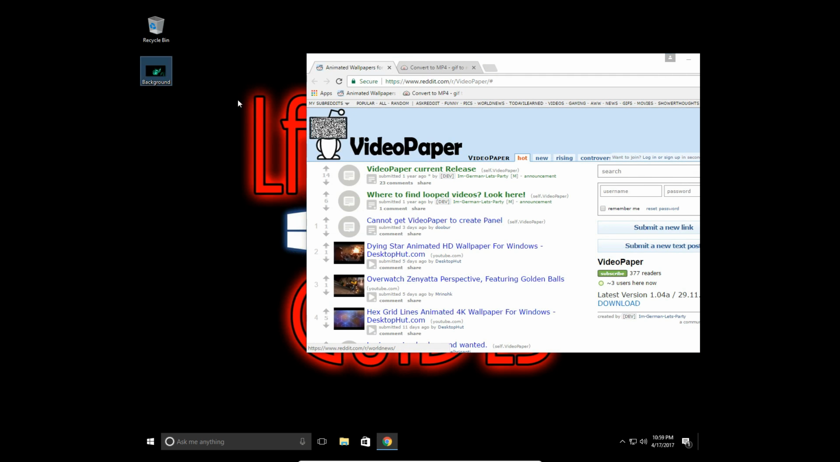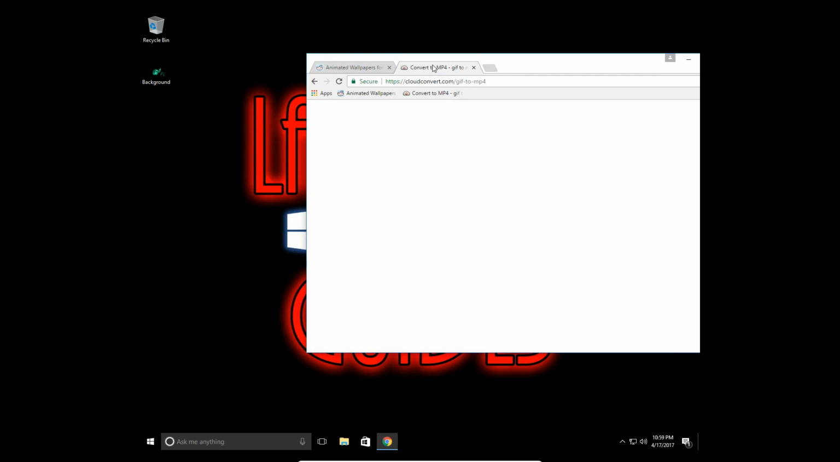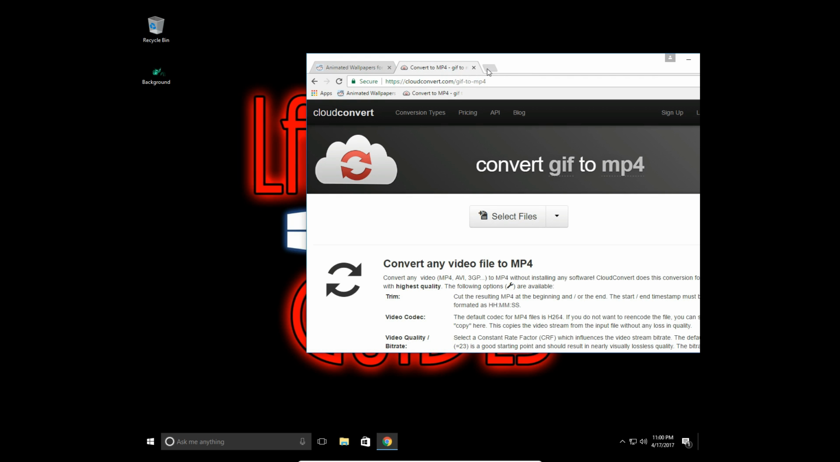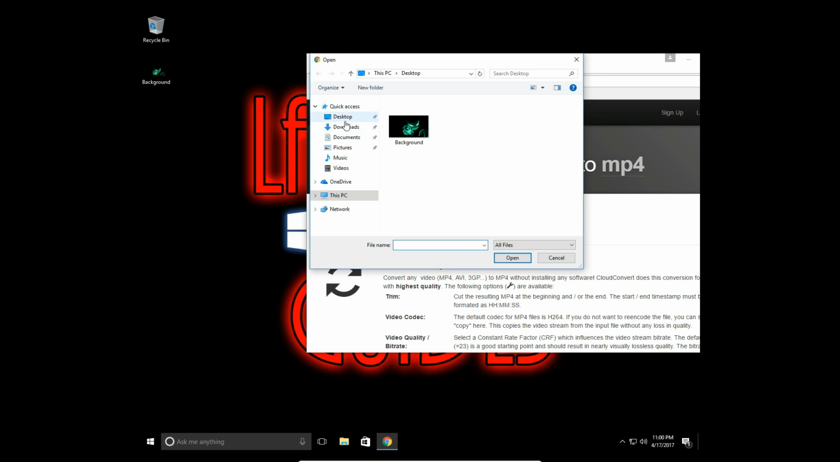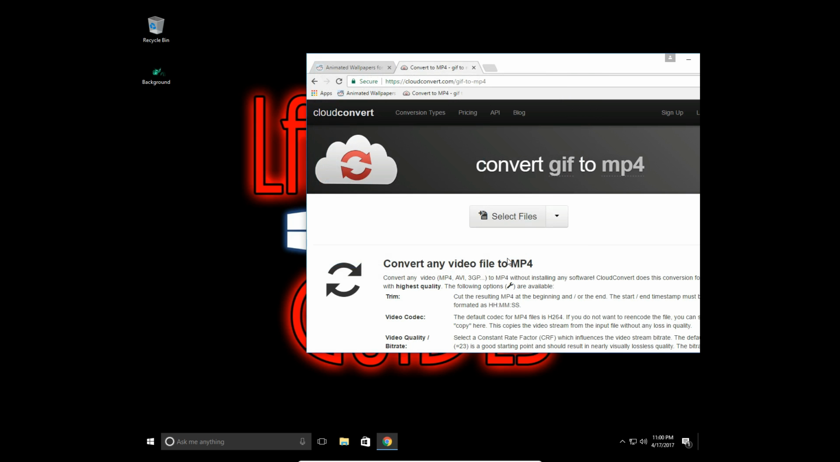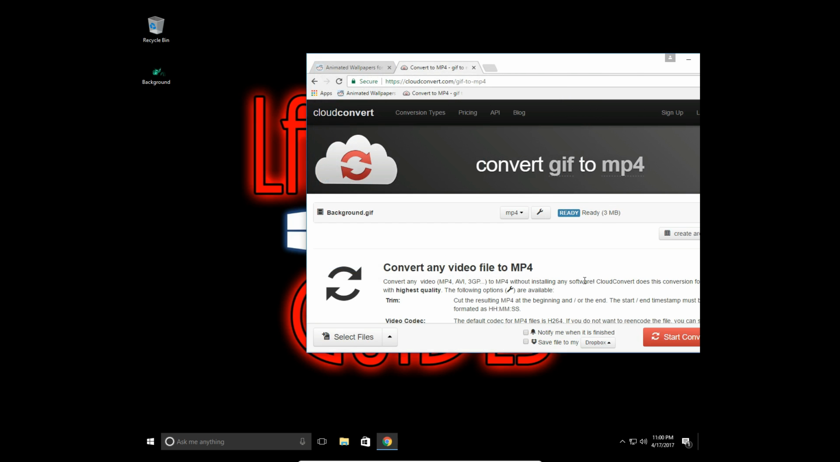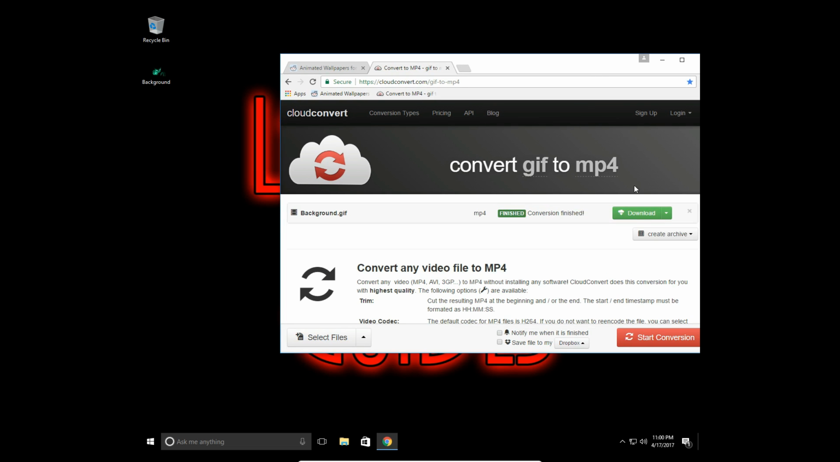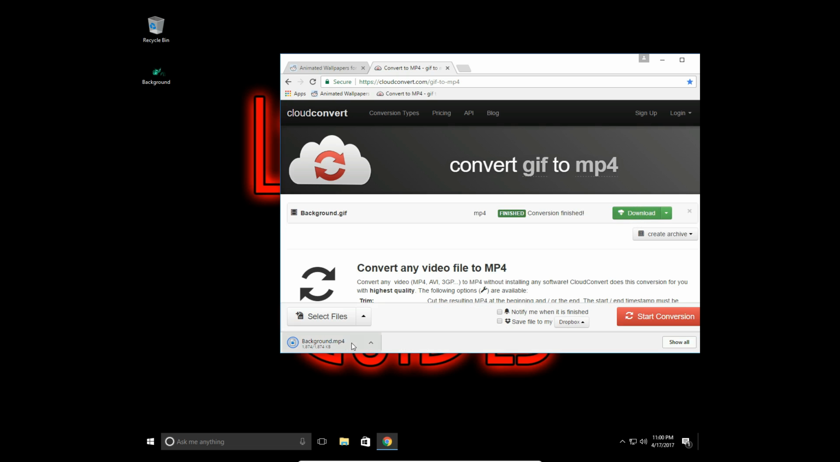I have a GIF already to set as my background, so I'm going to go on to convert a GIF to mp4 file. That seems to work with this application. So I'm going to select the file off my desktop. Okay, and start conversion. Any of these web addresses will be available in the bottom section in the description of the video. So let's download that. Okay, so we've downloaded our mp4. I'm going to just drag that onto the desktop,